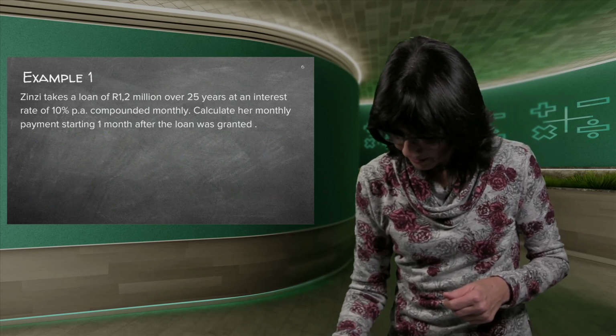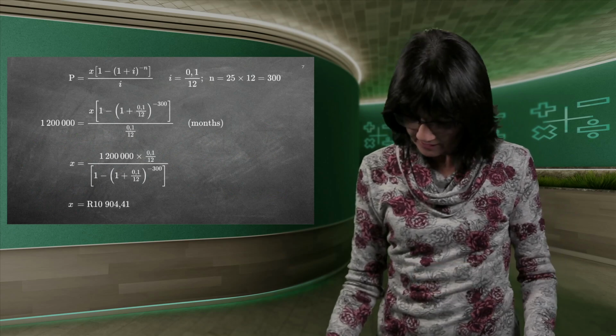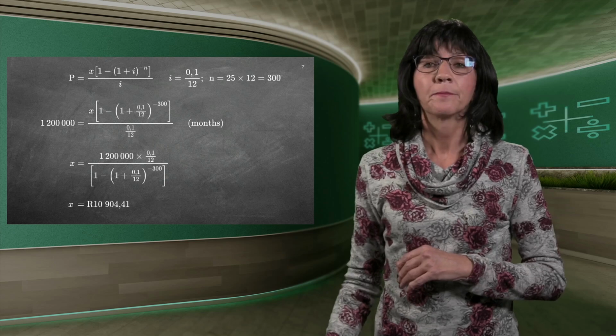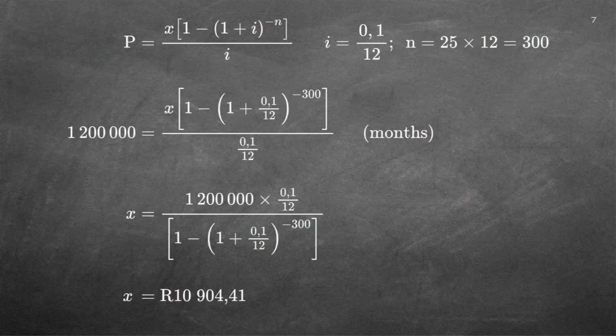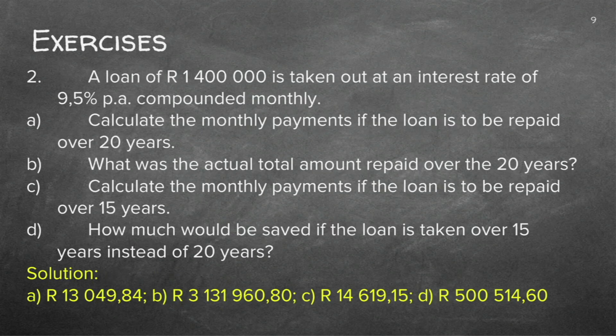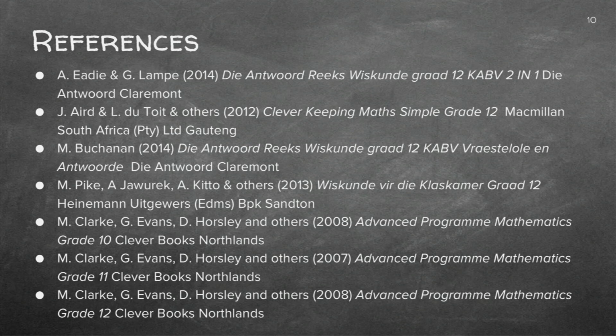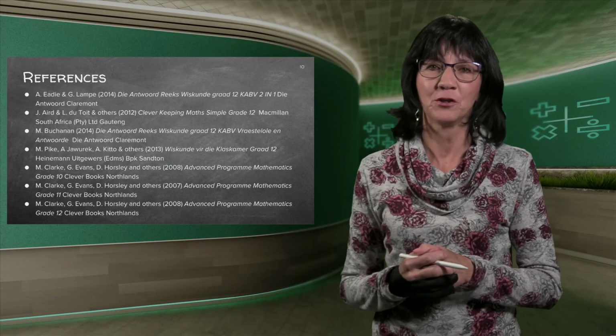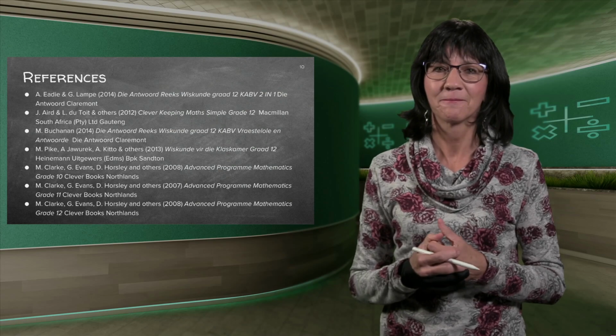And there will be an answer. If you go to the next slide, the answer is there, neatly written out, substituted, and the answer at the end. Really easy. You must just use your calculator in the correct manner, and that needs practice. So get your calculator that you're going to use in the test or exam. Don't borrow somebody's. Practice on your own calculator because they vary. And then you will be able to do this. There's an exercise page or two that you can just pause and do the problems and make sure you get to the answers. And then you should be fine with your two only formulae that you do in matric finance. Good luck.